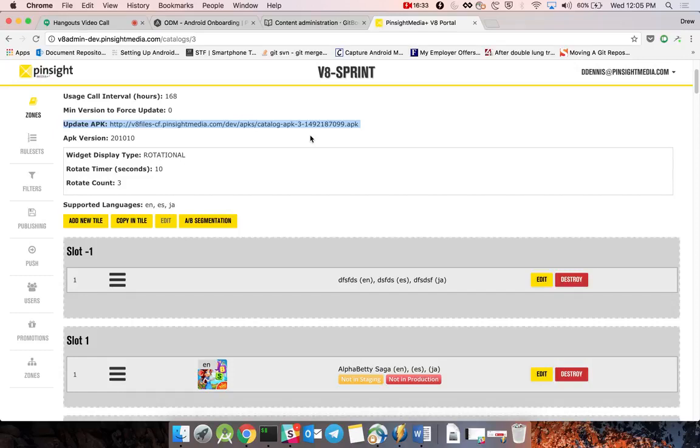Question. Yeah. Why don't you guys install this application as a system app so that the user can't remove it or anything like that? Yeah, so I'm just going to repeat it too because I'm recording. So the question was, why don't we install our applications like Top Apps as a system app so the user can't uninstall it? So I can't speak to why originally that wasn't the case, but today the case is